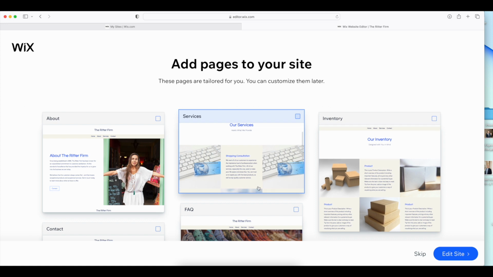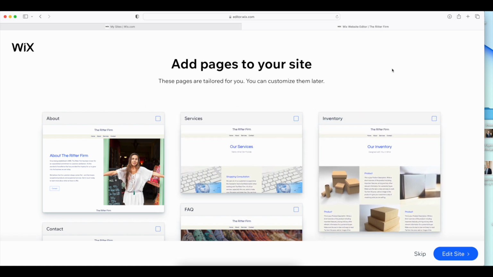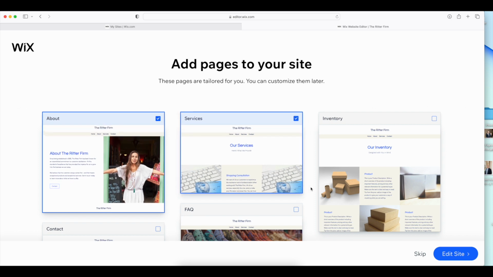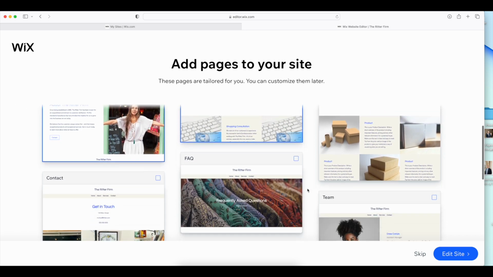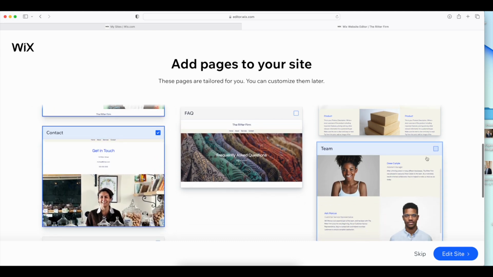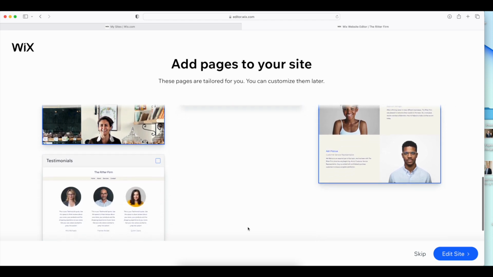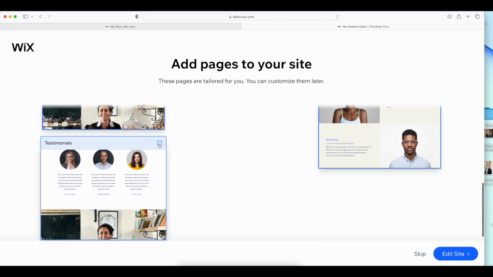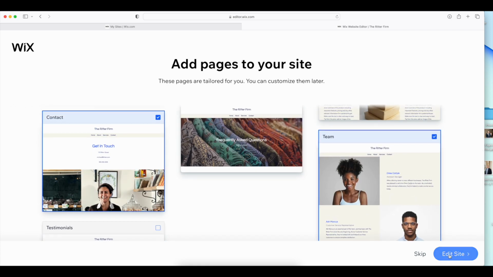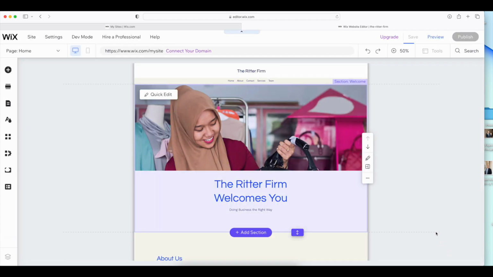This next page asks for the pages that you want to have built into your website. So you'll have your home page, but as you've navigated other websites before, you have the option here to indicate whether or not you want a page that goes more into depth about you, the services you provide. Not sure there's a lot of attorneys who sell inventory, but perhaps that applies to you. Attorneys like to be contacted. Maybe you have a team that you also want to highlight, and of course testimonials from clients. But if you're just getting started, you don't even have any testimonials, you don't have to include that page, but it's an option there. So you click Edit Site, and